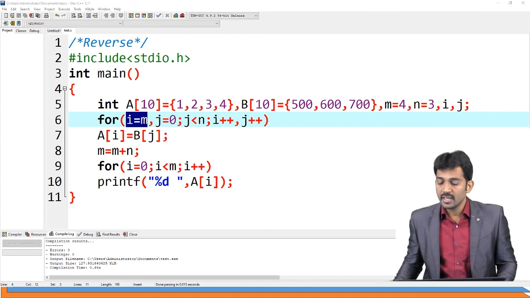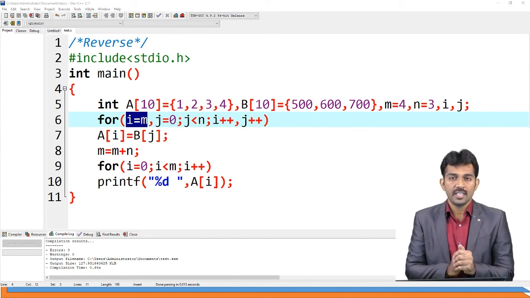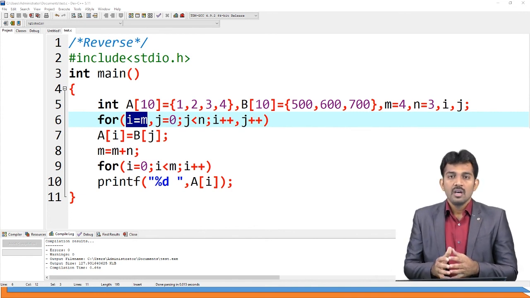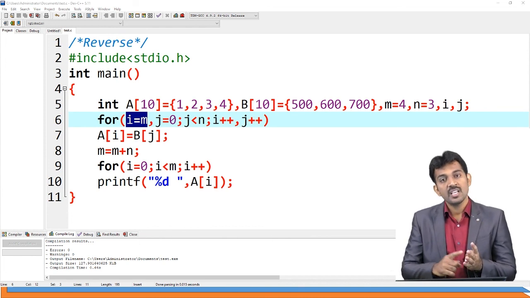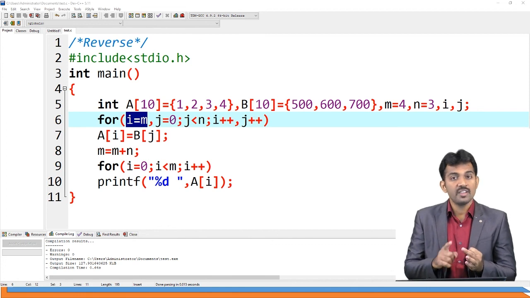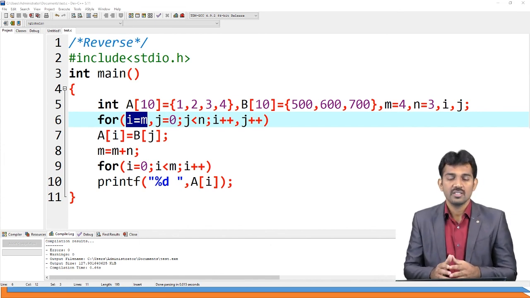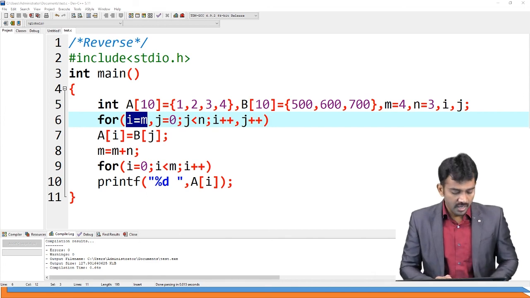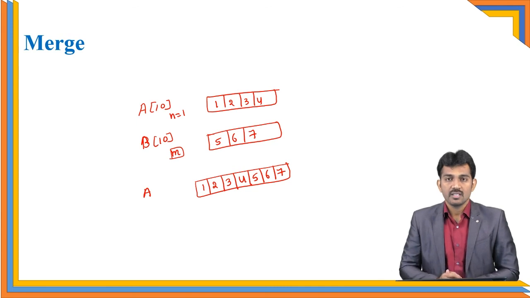Here I didn't write any code for how to read data, because you have already seen 3 or 4 problems on how to read and print data. Is this clear? Today we have seen how to insert data at index x, how to traverse in the forward and reverse directions, how to merge two arrays, and how to delete an element. All the operations we have seen, right? In the next class we will see the strings concept.